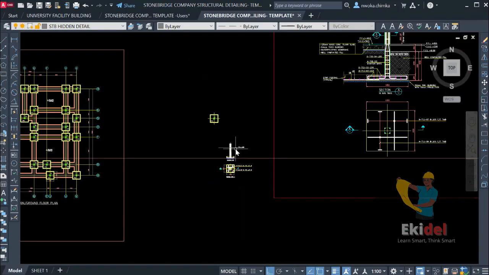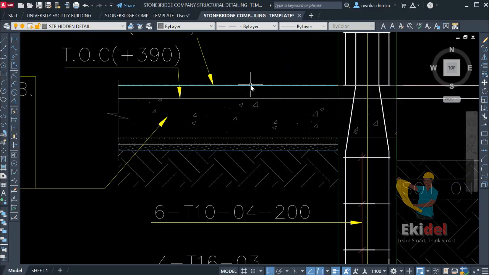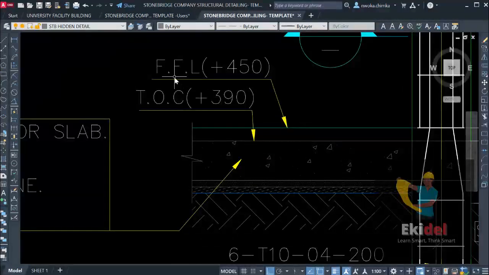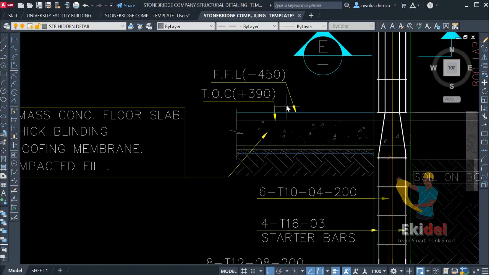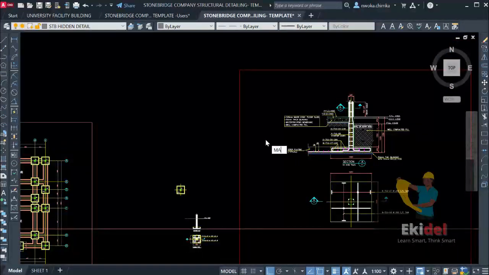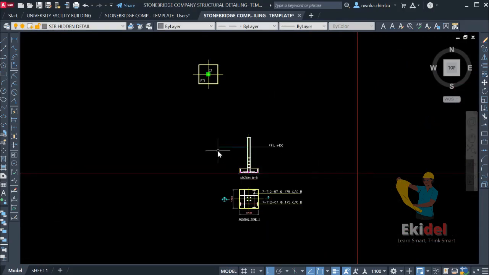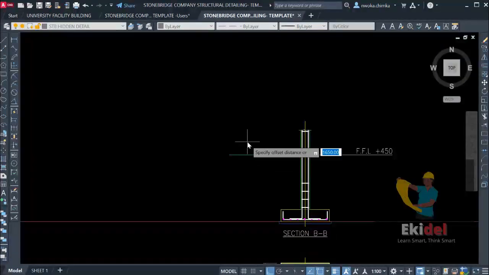So now we have to offset the distance between the first finished floor level and the top of concrete, which is given to us as 60. First of all, we match properties from this point to this point. That's why you need this template. So now we go again to offset our top of concrete,